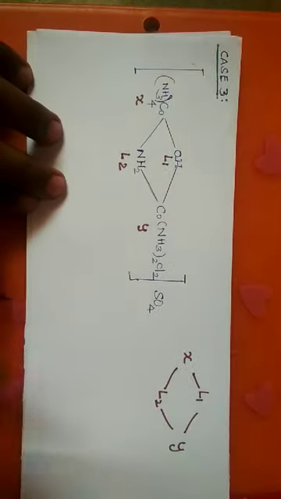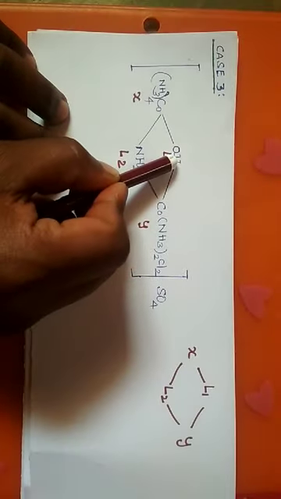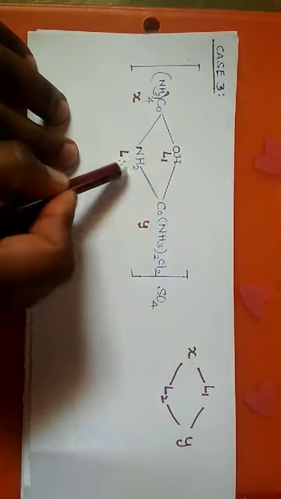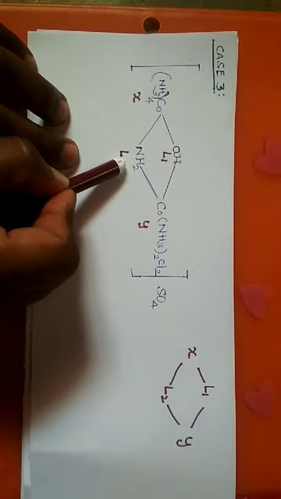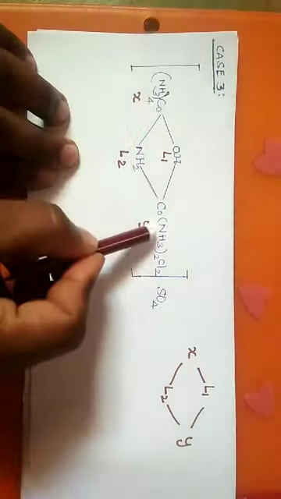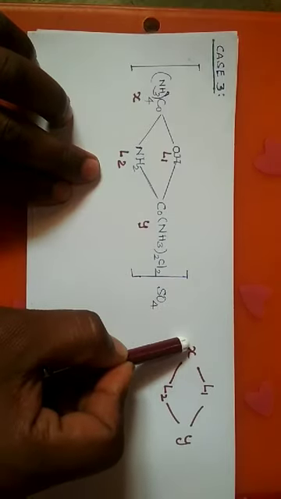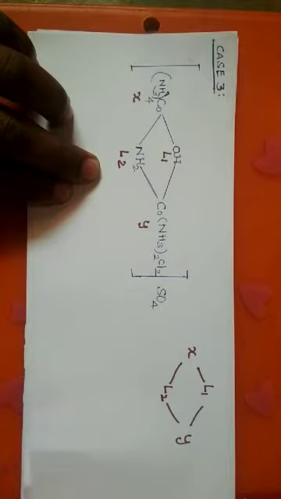When we go to the third case, the ligands and both the groups are different. See, there are two ligands, L1 and L2. Both the ligands are not the same and the groups are also not the same. Hence, L1, L2, the left side is X and the right side is Y. This is the third case, and move to the fourth case.